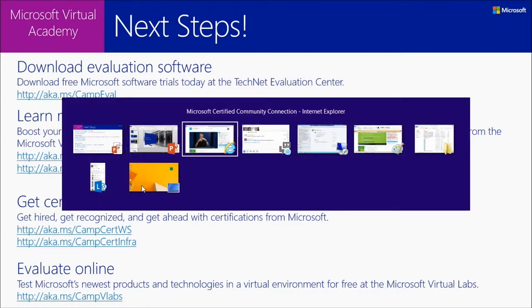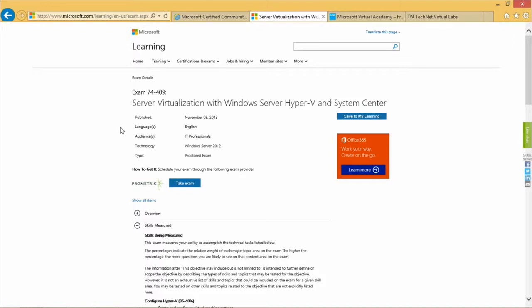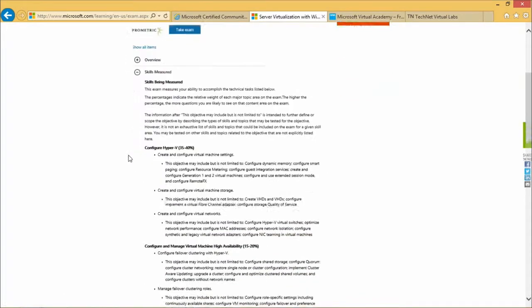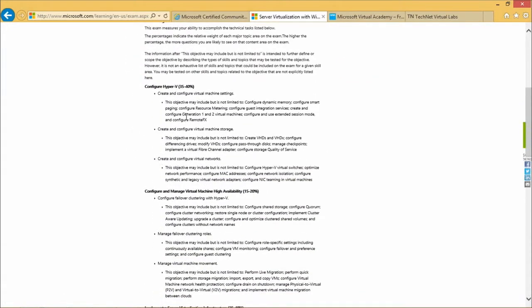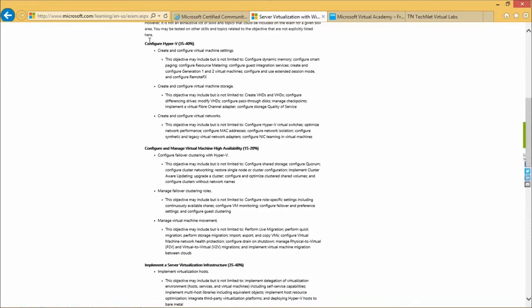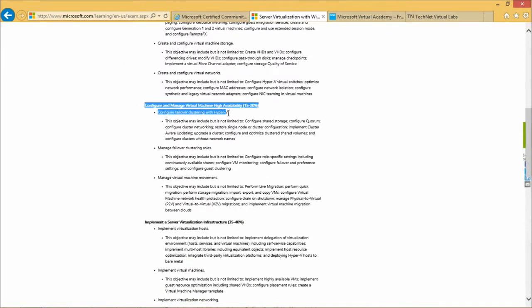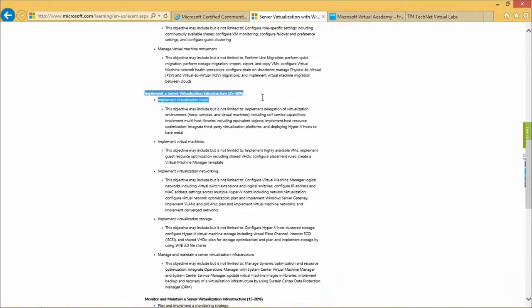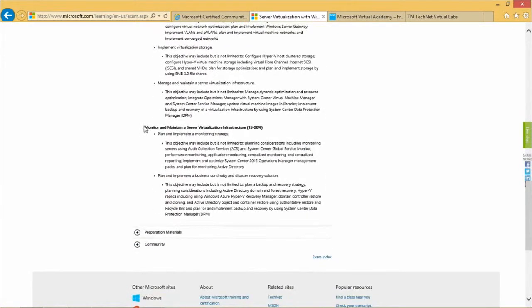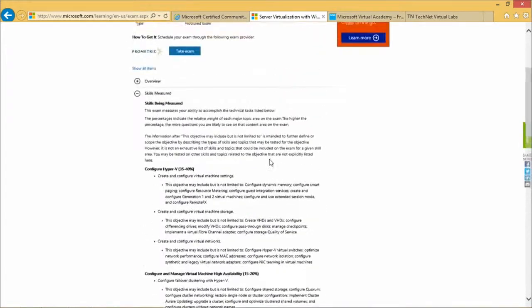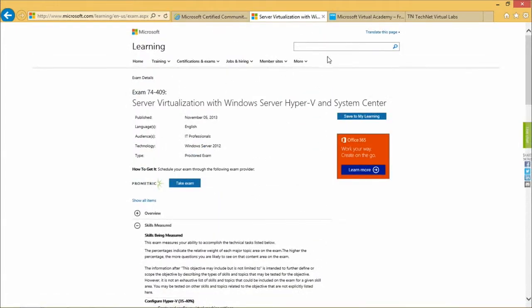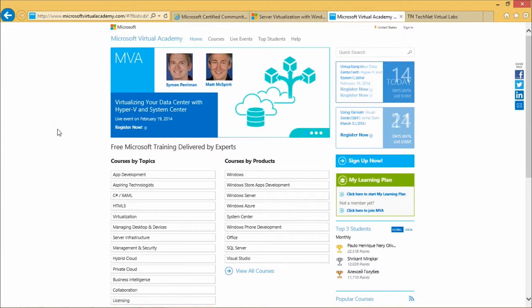Quickly going to switch to our web page here and show you the 74-409 exam, Server Virtualization with Windows Server Hyper-V and System Center. The course that we've gone through today will certainly give you some best practices around actually being able to successfully use this. Because you look at deploying Hyper-V, configuring high availability, managing server virtualization with VMware, and then monitoring and maintaining the infrastructure. So this is a great course to wrap up, and if you're looking for additional training, make sure you check